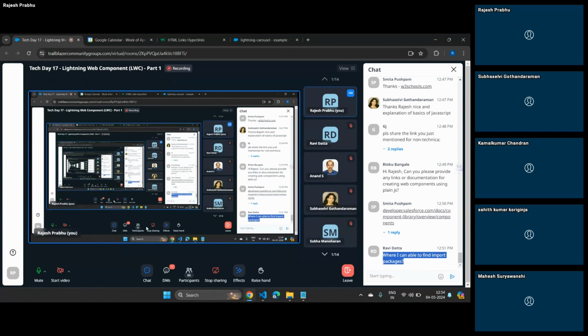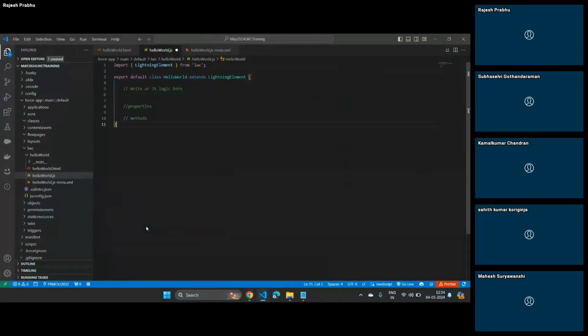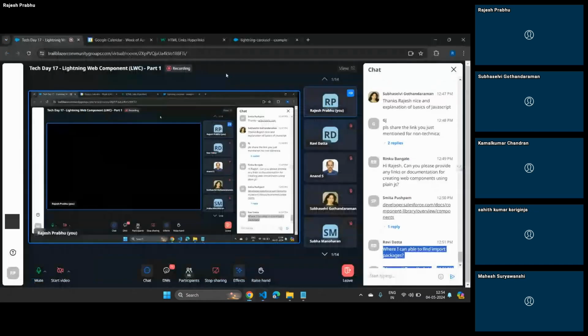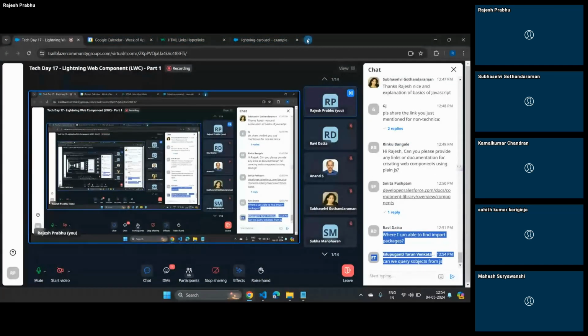So we cannot see the actual code inside this in your local machine. If you're really interested to see what Salesforce has written inside this LightningElement class, you have to go to the